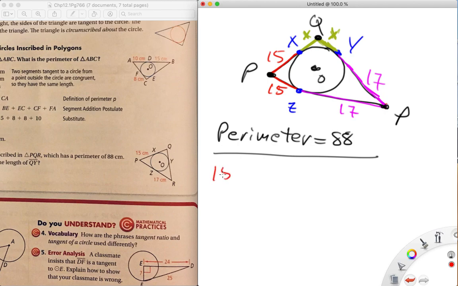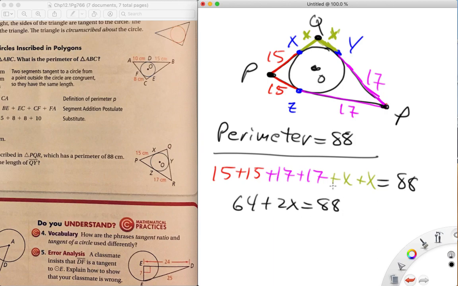So 15 plus 15 plus 17 plus 17 plus x plus x. That's going to give me 88. So 30 plus 34 is 64, plus x plus x is 2x